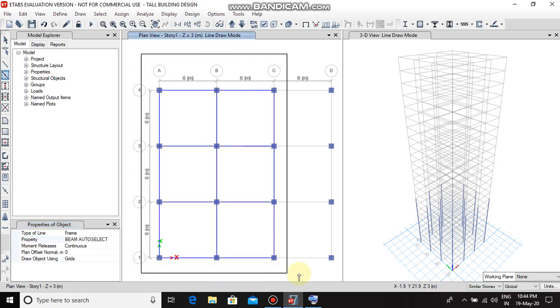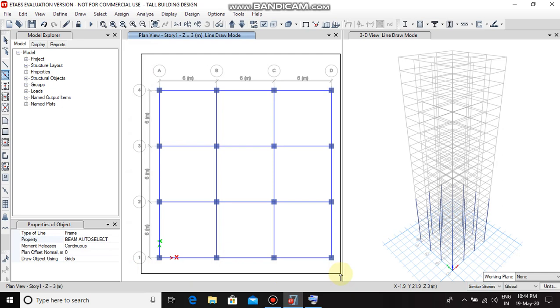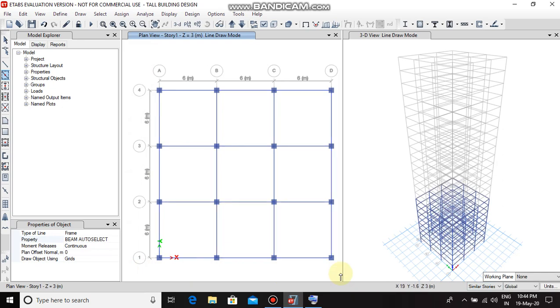Select the whole area again for selecting the beams. We can see from the 3D view that the beams are drawn. Okay.